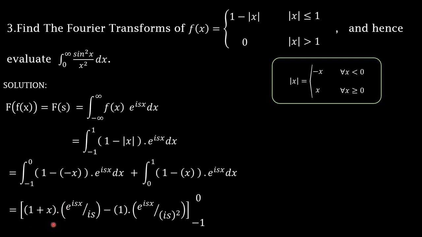What is the derivative of 1 plus x with respect to x? It is 1 into integration of the second function, that is e to the power isx by is, is e to the power isx divided by is whole square, where the limits of x are varying from minus 1 to 0, plus